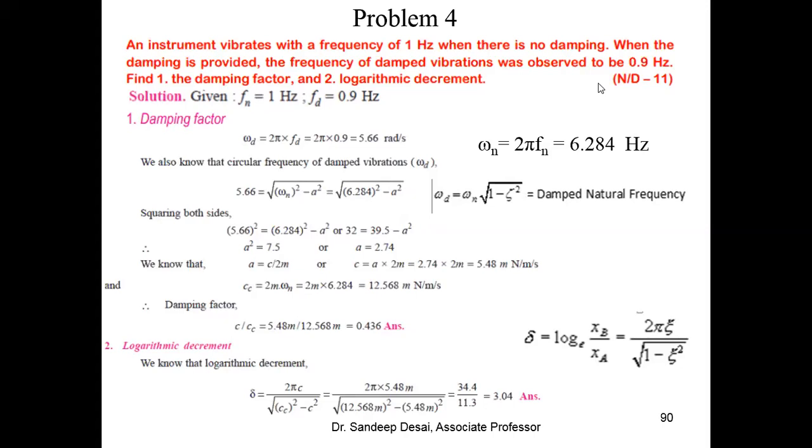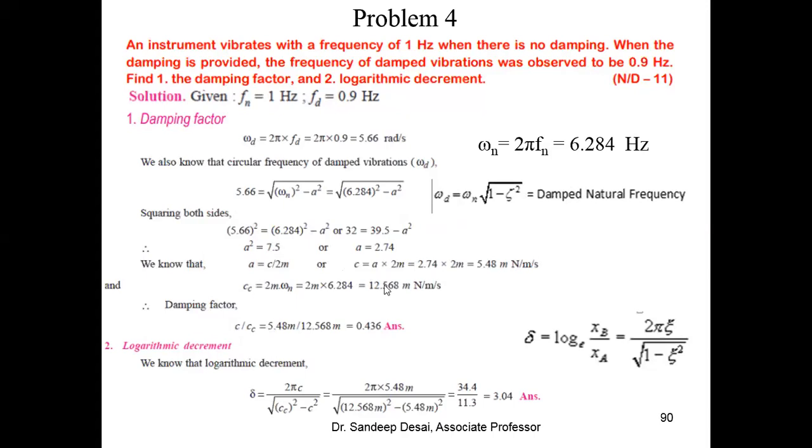Okay, calculate and let me know. If you calculate it correctly, your answer will be correct. How will we be able to find out C here? Okay, not required. It is not required to calculate C and CC because you have to calculate zeta. And zeta is equal to 0.43. Your answer is correct, Harshal.